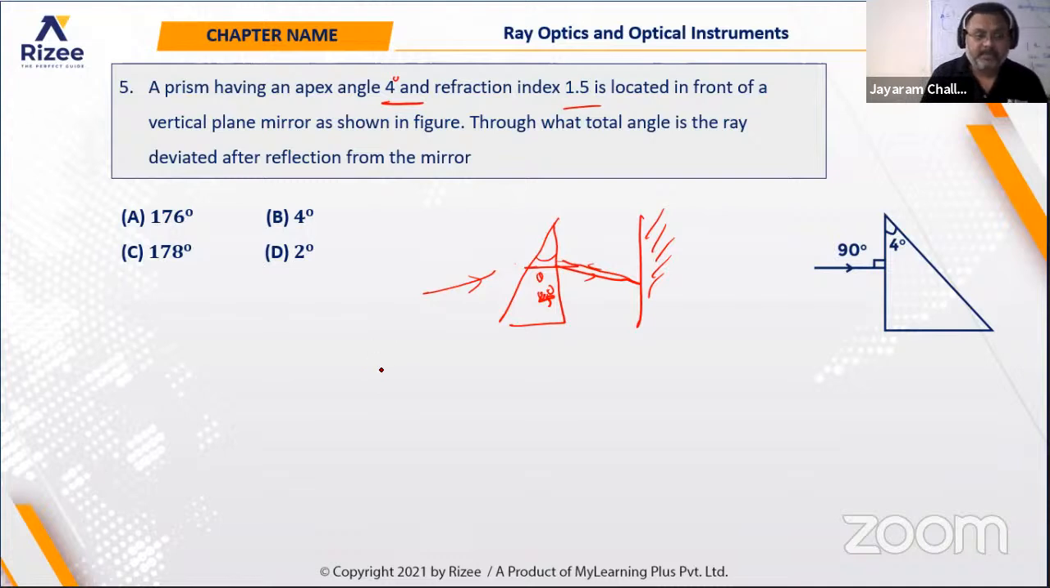For the small angled prisms, deviation is equal to A into mu minus 1. From this one, angle of the prism is 4 into 1.5 minus 1. Okay, so on solving this one, what you should be getting, sir? You should be getting it as 2 degrees. So 2 degrees, but once you have got the 2 degrees, then it will be reflected and refracted. So then the angle of the reflection will be,